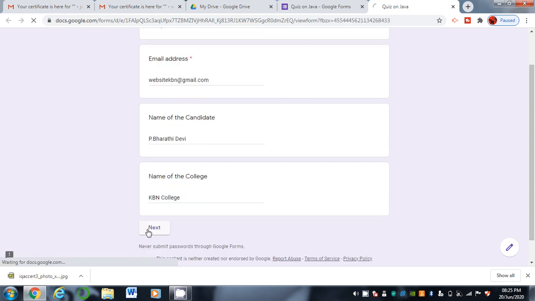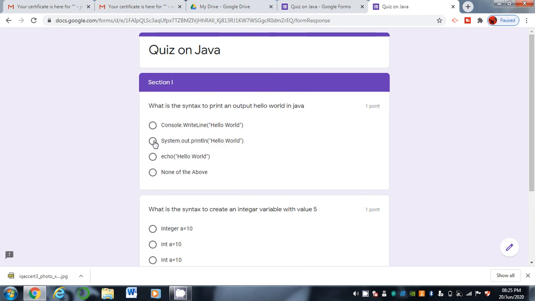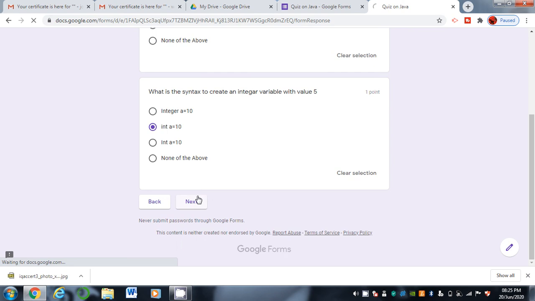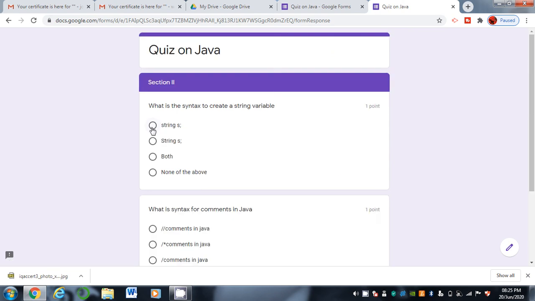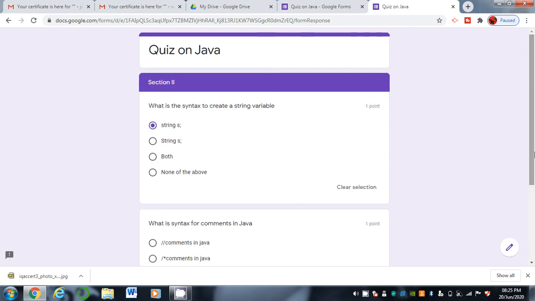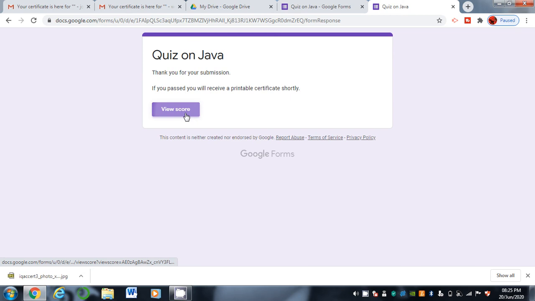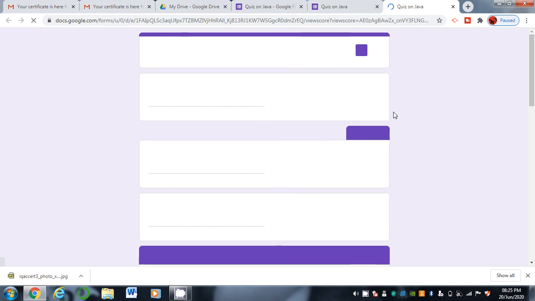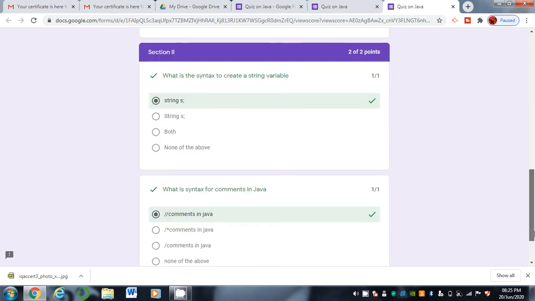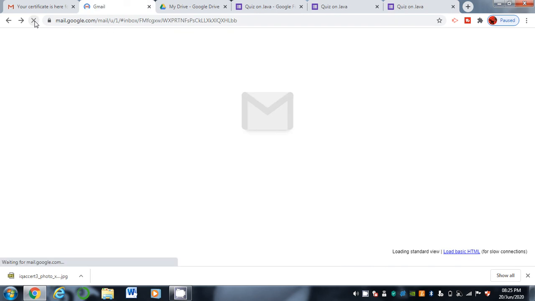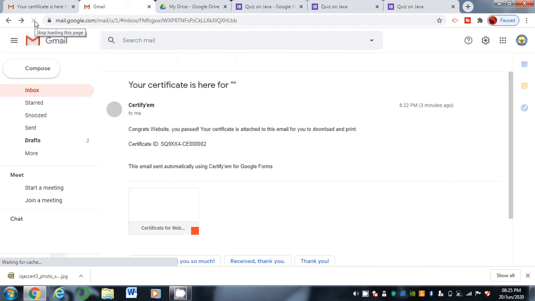Click on next. And click on next. Submit. So view score. So we got 4 out of 4, and refresh our mail, then automatically we receive the mail.